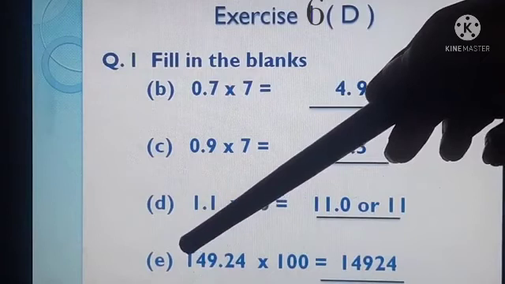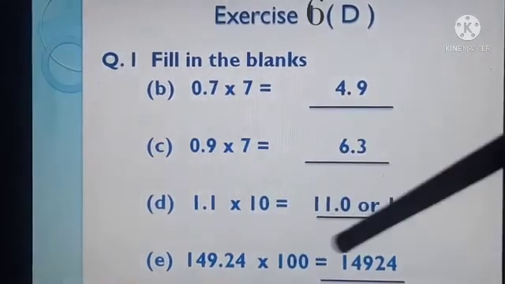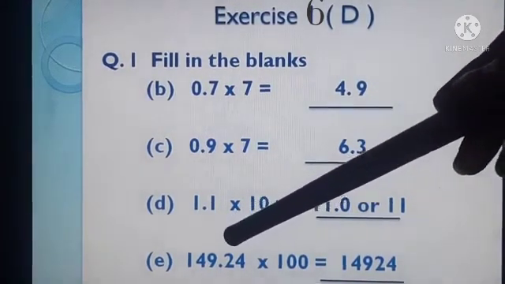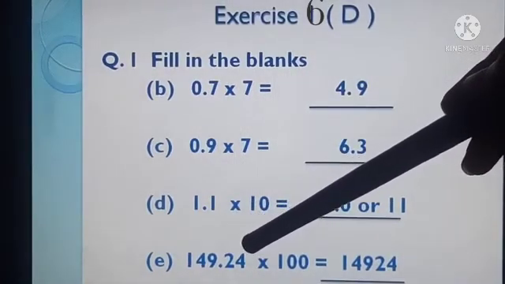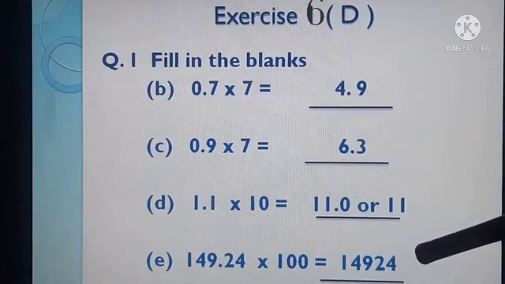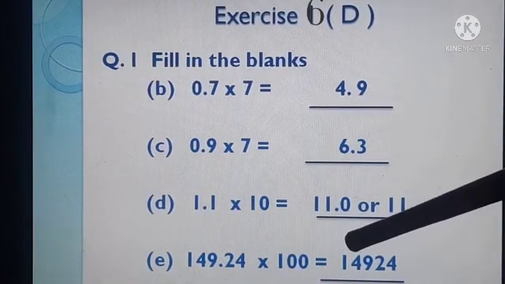So, we will write down 14924 and then 2 zeros. Right? Now, we will put the decimal. When we put the decimal, after the decimal we want 2 numbers. So, it will become 14924.00. Or we can write it